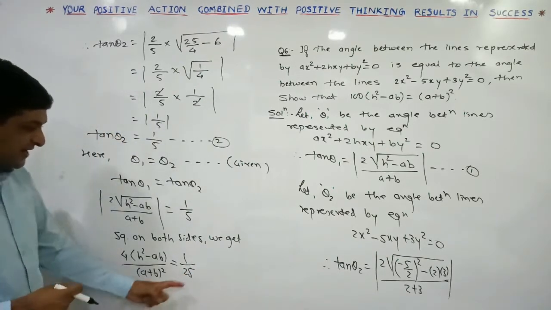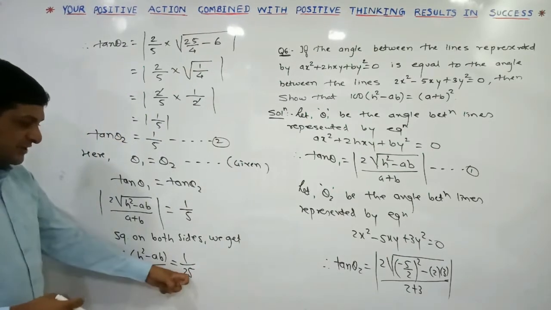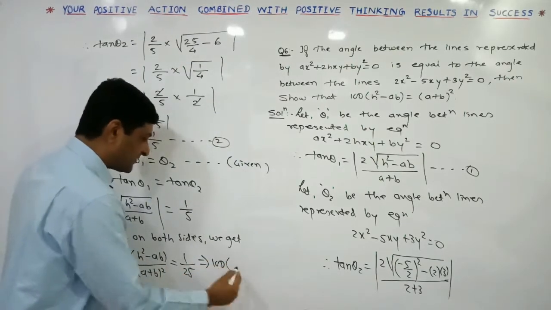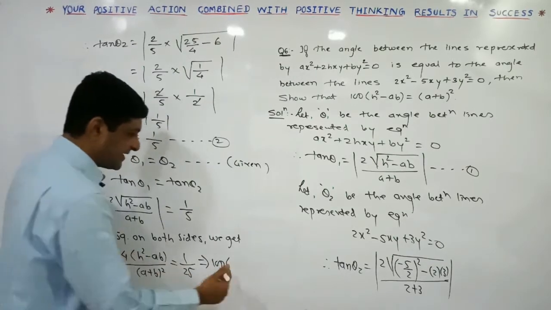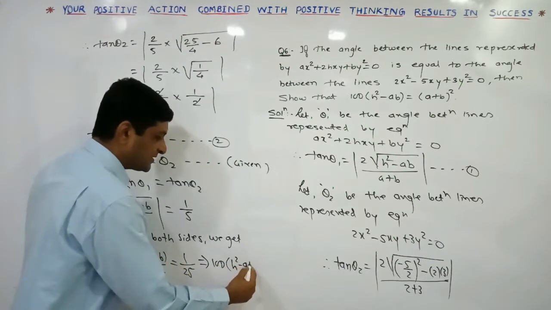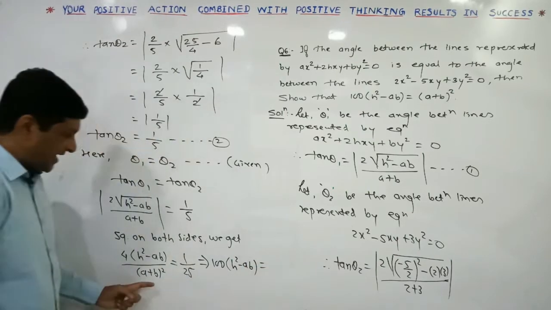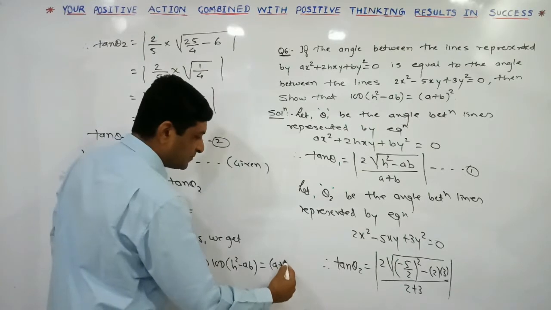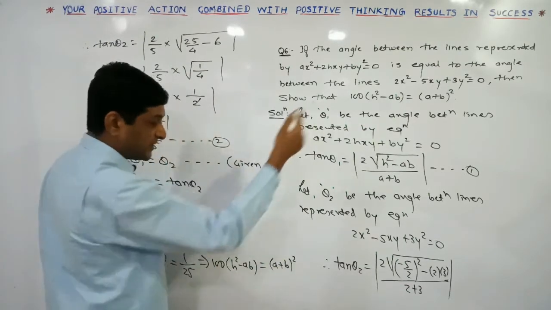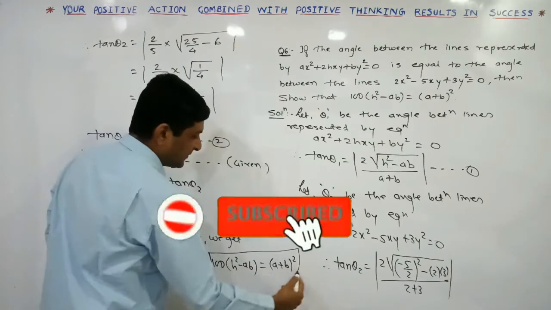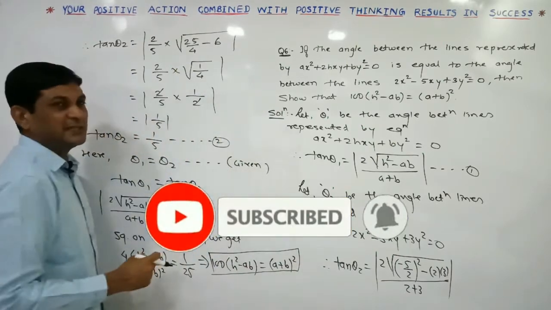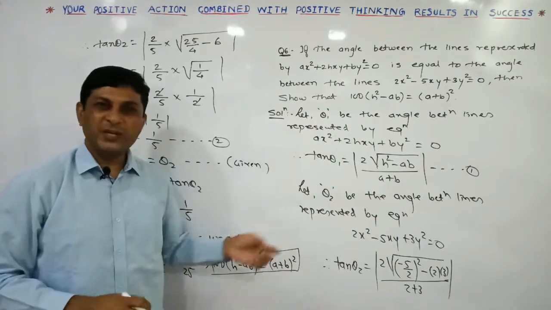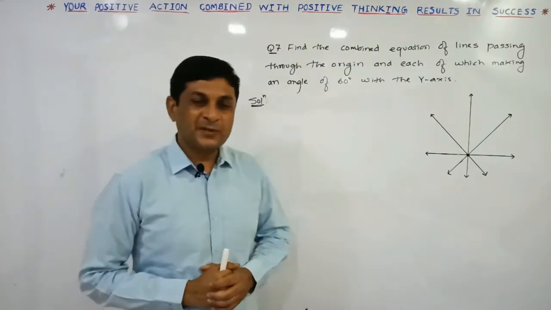25. Let us simplify it. 25 will get multiplied on this side. So 25 into 4 will be equal to what? 100. So this implies that on the left hand side 25 into 4 will become 100 h square minus ab, and on the right hand side a plus b whole bracket square into 1 will be equal to a plus b whole bracket square. And check whether it is our required result. In this way we have got the required result, that 100 h square minus ab is equal to a plus b whole bracket square. Now see the question number 7.